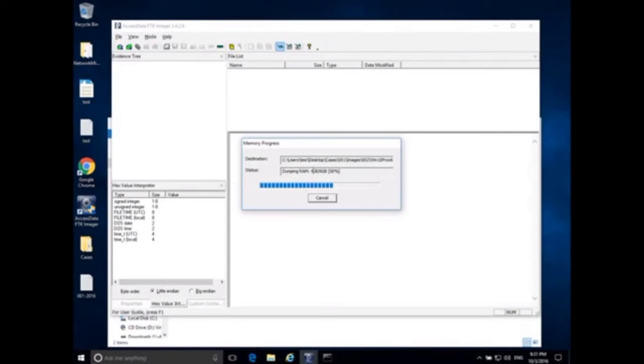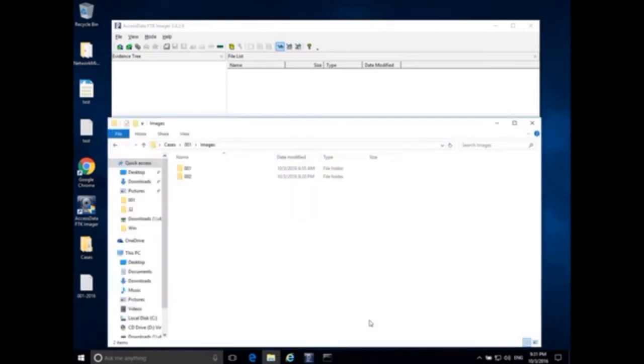Okay, so we're copying memory now, and it is relatively fast whenever we copy memory usually. If we go into the folder, our images folder, I can now see 002, and we see this memory file, and it's copying out. Right now we have about 4 gigabytes copied. Okay, now notice one thing I did not do